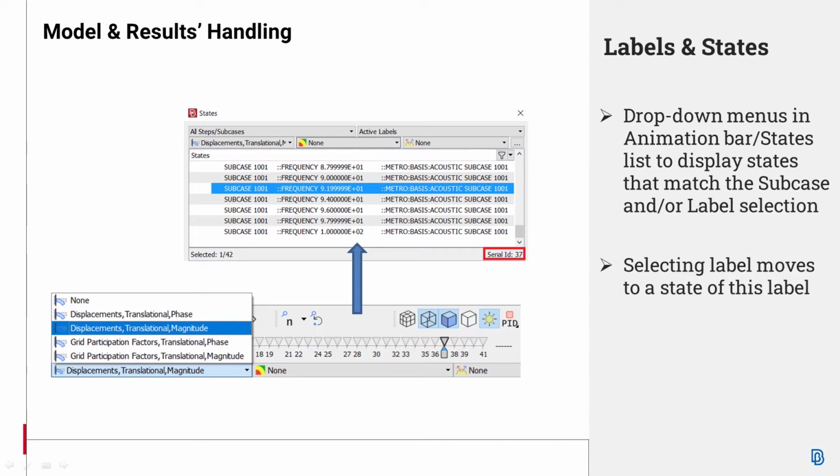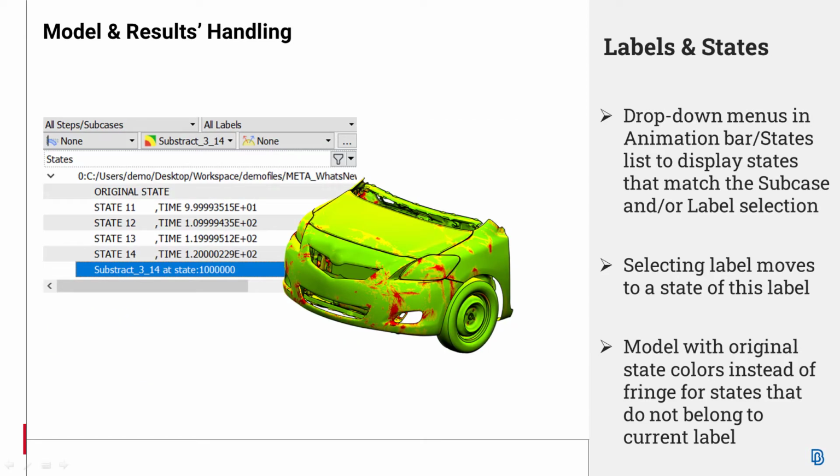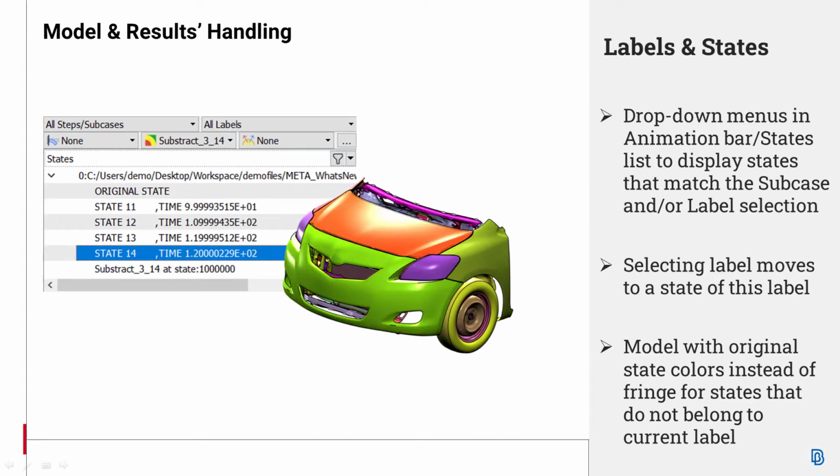As a result, only the states of the selected subcase and/or active labels will be displayed in the animation bar and states list. Lastly, for states that do not belong to current label, the model is depicted with original state colors instead of fringe.